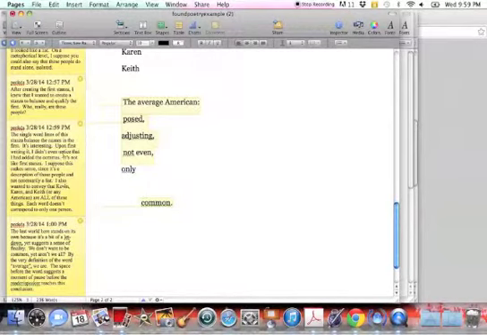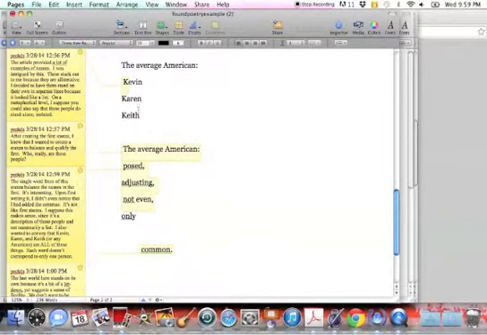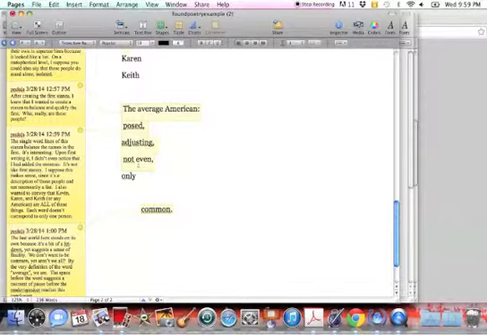It's interesting. Upon first writing it, I didn't even notice that I had added the commas. It's not like the first stanza. I suppose this makes sense, since it's a description of those people and not necessarily a list. I also wanted to convey that Kevin, Karen, and Keith, or any American, are all of these things. Each word doesn't correspond to only one person. Okay, so check it out. Up here, I do not have commas, but down here, I do.